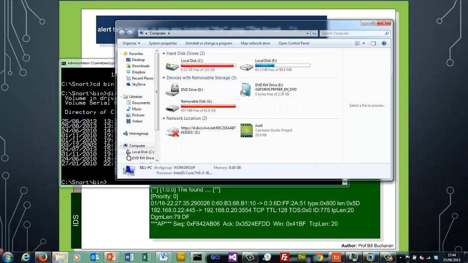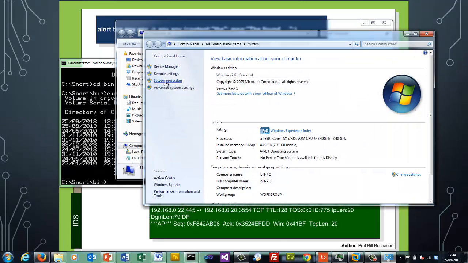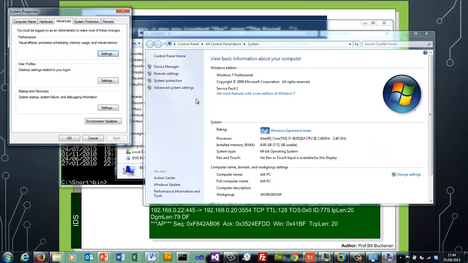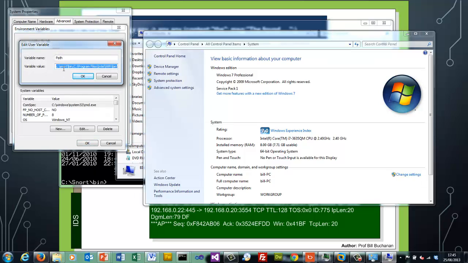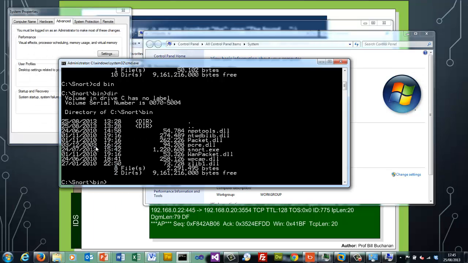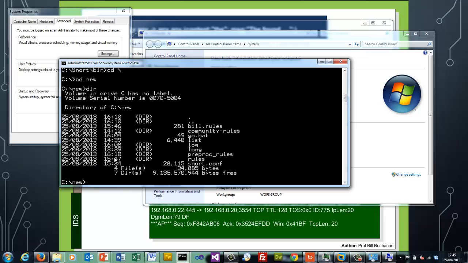Obviously what you need to do to run the command from anywhere is that you would go to your environment variables, and for the path we would just enter wherever we've created Snort, and then when we run our command line we'll be able to use the command snort. Okay, so I've set up a folder called new,